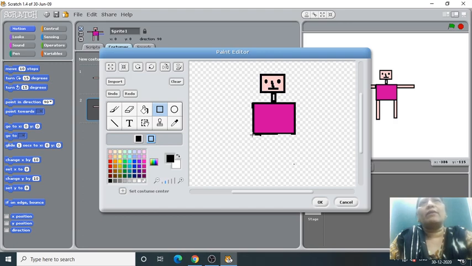I want an empty rectangle, so not with the rectangle, I will draw with the line. I will click on the line tool and draw legs using the line tool. Very simple way you have to draw it.